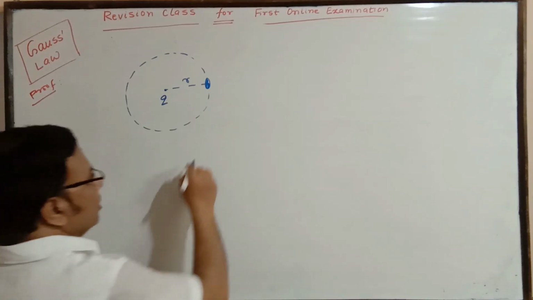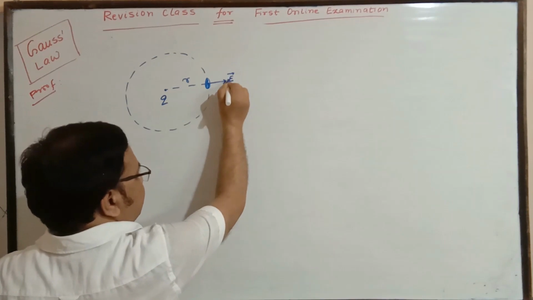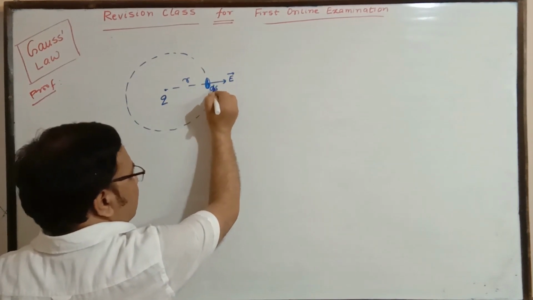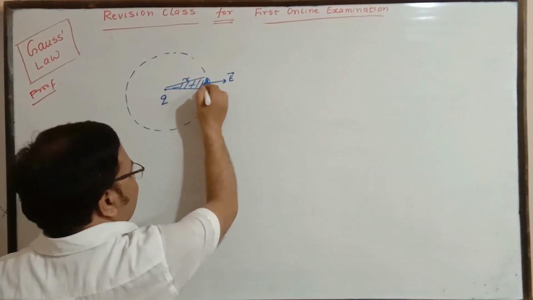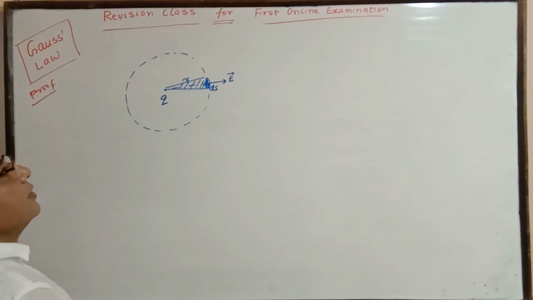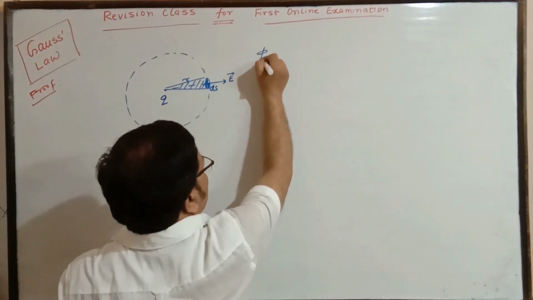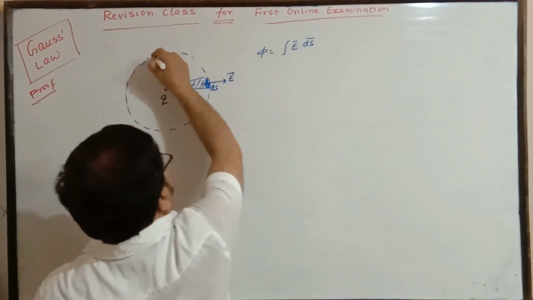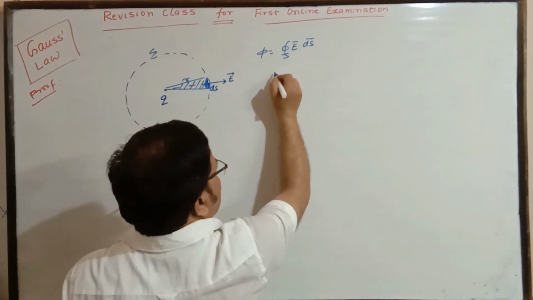Gauss's law. Let us assume at this place the electric field is E. The surface area is, say, delta S or dS. Then the enclosed volume is the conical volume we see here. The flux coming out of this we have to find out. We know flux is the integral of E dot dS, for the whole surface of surface area S, enclosing the closed volume.